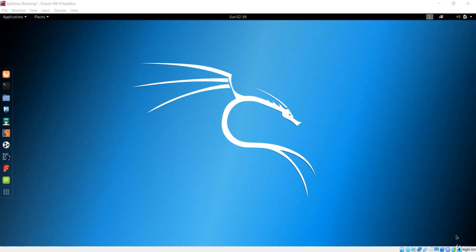So this lecture and a couple of lectures from now will be about the Veil framework. The Veil framework is a type of framework which will give us a payload or a backdoor through which the client machine, which will be our Windows machine, can communicate with us. Normally we use a payload which is untraceable by any antivirus.